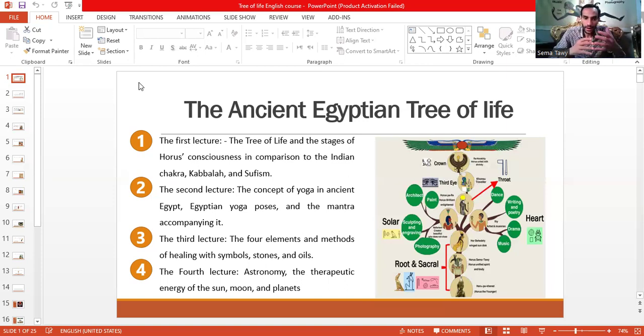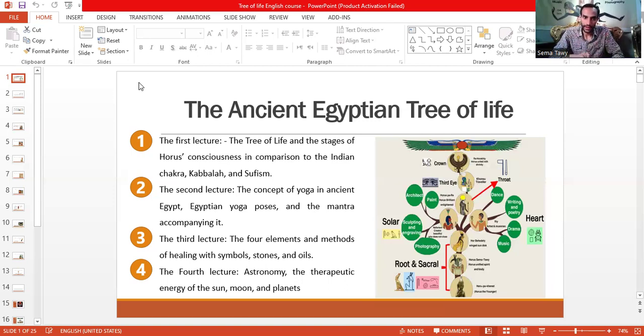The therapeutic energy of the moon, therapeutic energy of planets. We have 7 souls, as the text in ancient Egypt called it, the 7 souls of the divine: sun, moon, and